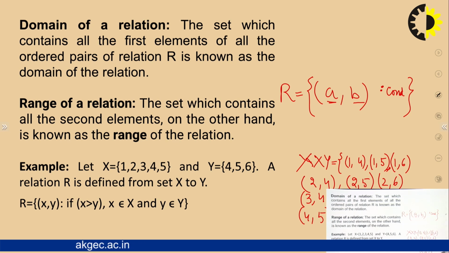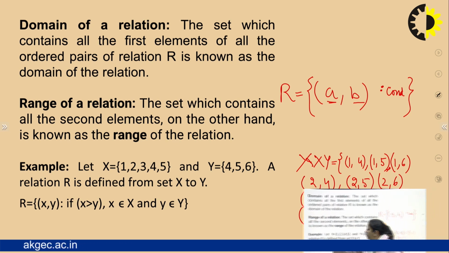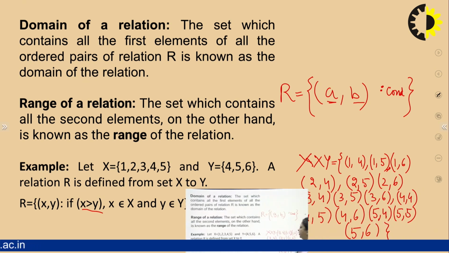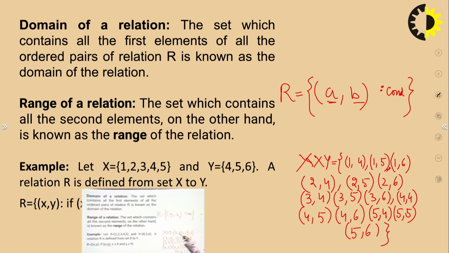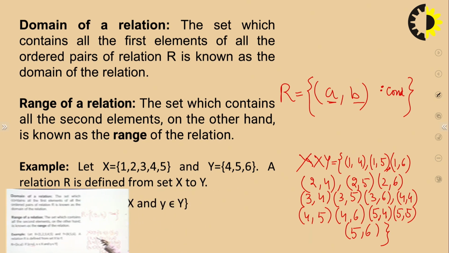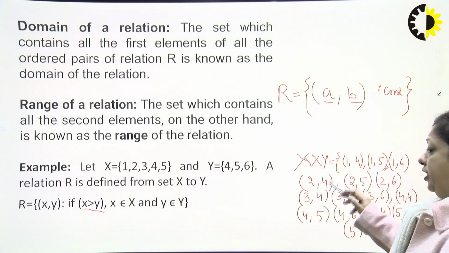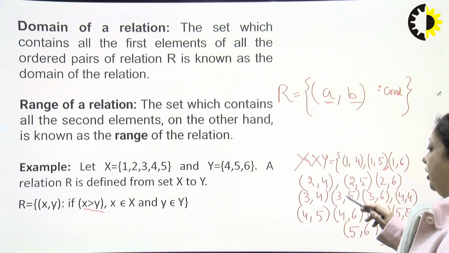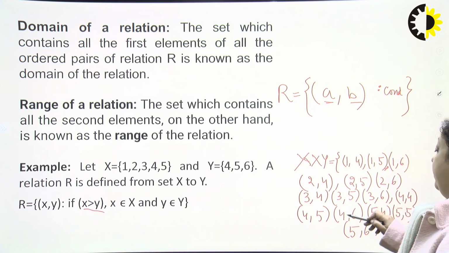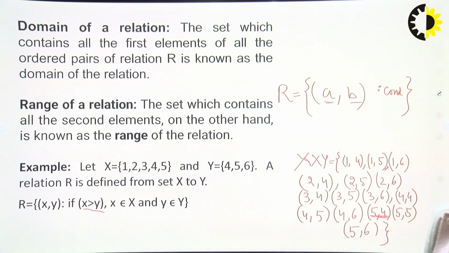Now the relation will have some of these pairs, but the condition for the elements to be in relation is X should be greater than Y. So let's see. Now (1, 4) is not going to be in relation because the condition is not satisfied. (1, 5) is not going to be in relation, same for (1, 6). So we'll have to search where my X is greater than Y, that is the first component is greater than the second component. So if I see all these elements, I have this one element, that is (5, 4), where 5 is greater than 4. So I'll have only a single element in my relation R.